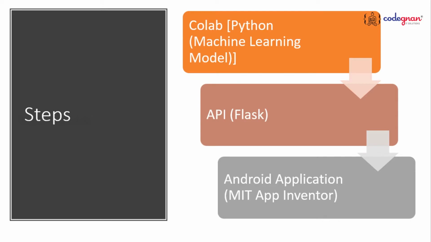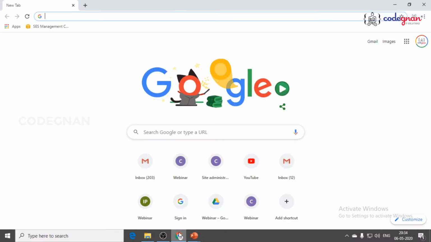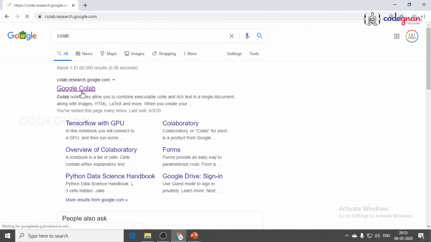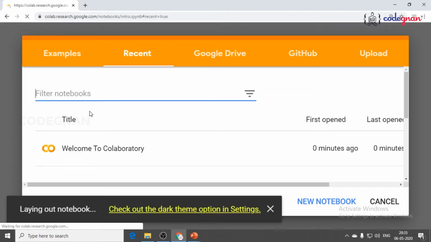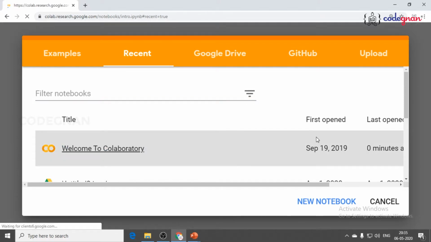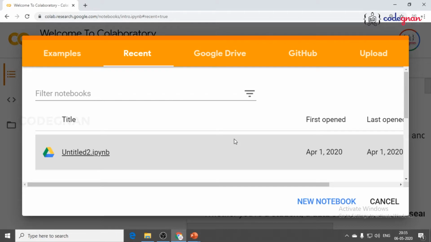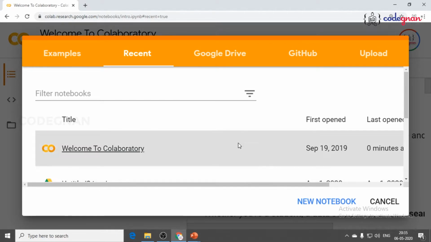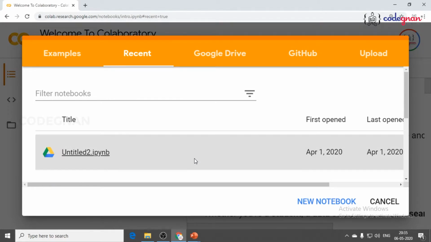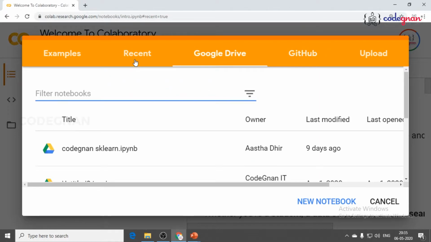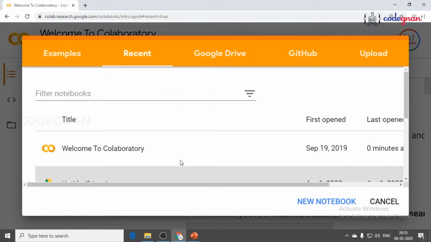Okay, so first let's open Google Collaboratory. Type Colab in the Google browser. You can see Google Colab, because you need not worry about disk space or RAM processing. Google is already giving you an alternative, and you need not download Anaconda software into your system unless you are working on that. Generally we prefer this kind of collaborator, where I can share it with my friend, or I can directly fetch the data from GitHub, or I can access my files from Google Drive and all the things.